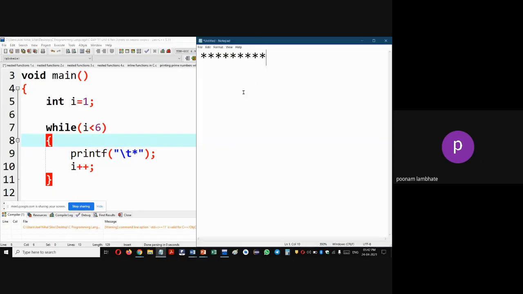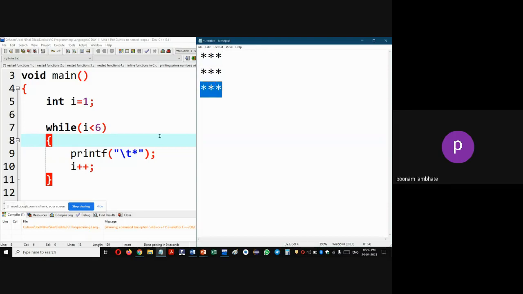Now, this was easy to handle. But what if my desired output is first line 3 stars, next line 3 stars, again next line 3 stars? So here what we will do, we need 2 loops. Means what? The first row can be handled with one loop, and then to print this row again and again, isn't it? We are printing the first row again and again. So to handle one row you need a loop, and